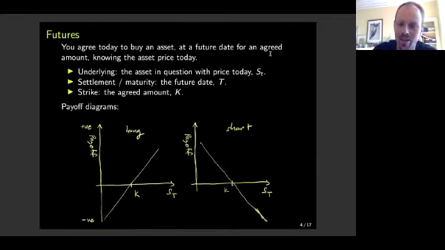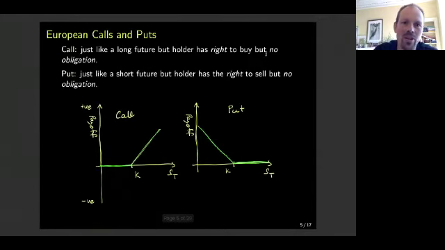But after that, if Bitcoin goes up, let's say to 15,000, then I win $5,000. And if Bitcoin goes down to $5,000, then I would have lost 5,000, I am out of luck. For an option, it's very, very similar, but I have the right to buy, but not the obligation.